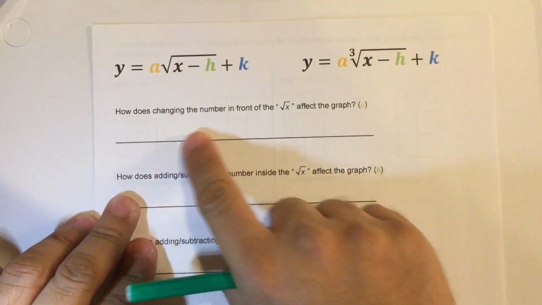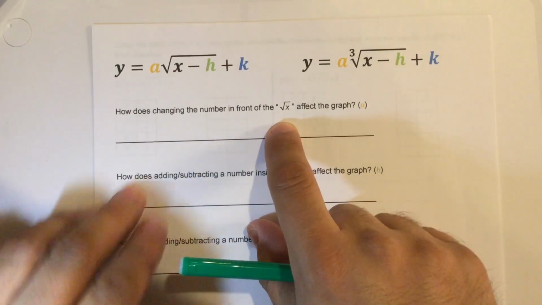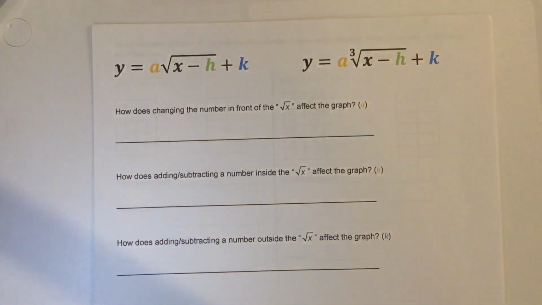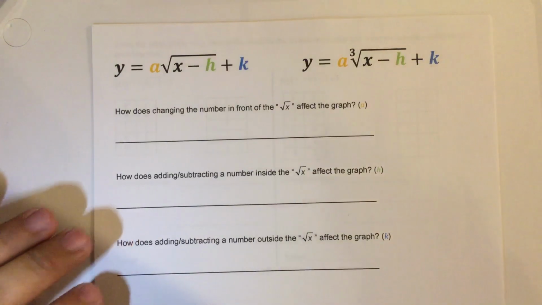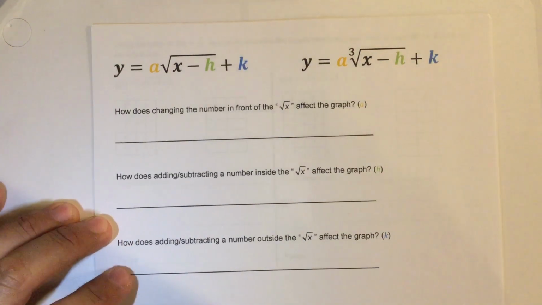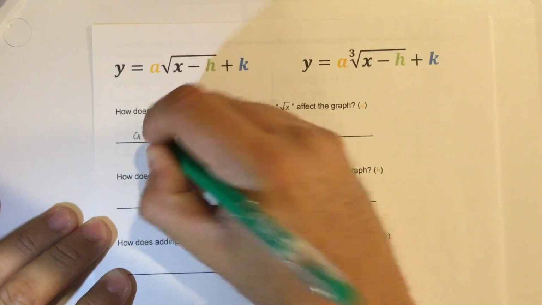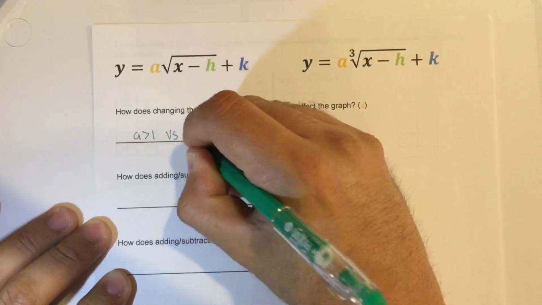So here it says, how does changing the number in front of the square root of x or cube root of x affect the graph, in this case, the a value? So the a value actually has 3 transformations. If you recall from earlier in the year, we did transformations a lot, and this is going to be the same thing. So if your a value is greater than 1, that is going to be a vertical stretch